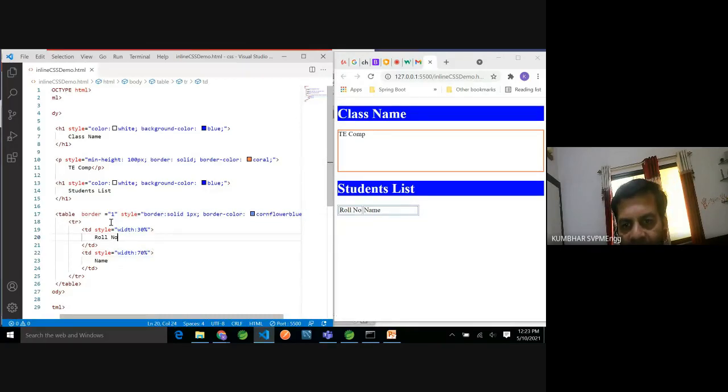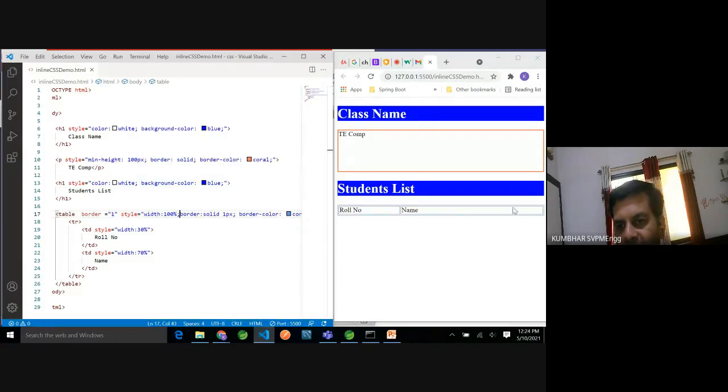It is applied, but if you observe, if my page is this much, I am not able to occupy the whole page for this table. So I can also set the style for the table, width 100%.